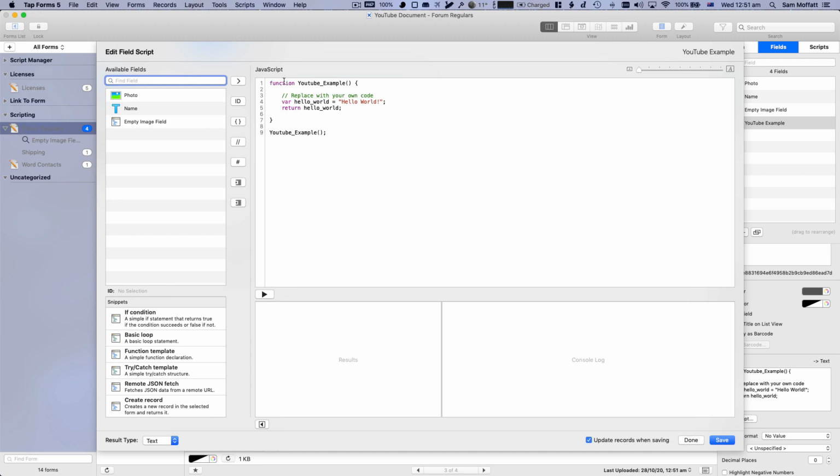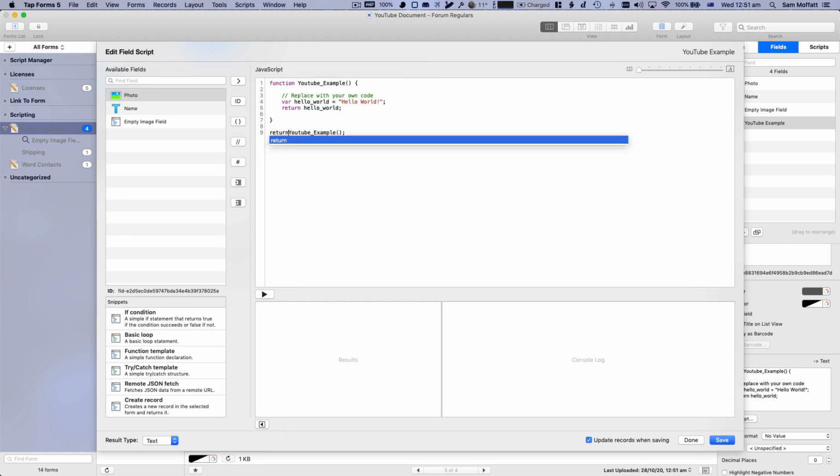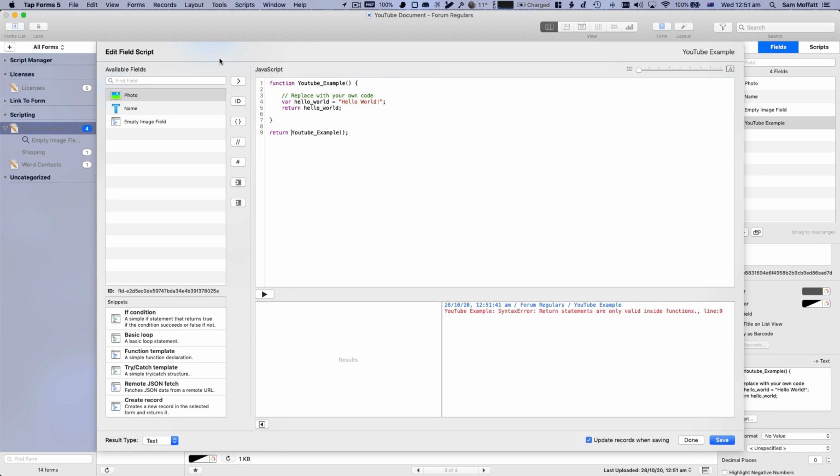So when we run this, it goes into this bit of code, it encapsulates it, and we can see return this value. Now, this is important because if I put return here, and if you're a programmer coming from a different language, this may feel natural to you, but this is actually an error, because return statements are only valid inside functions,